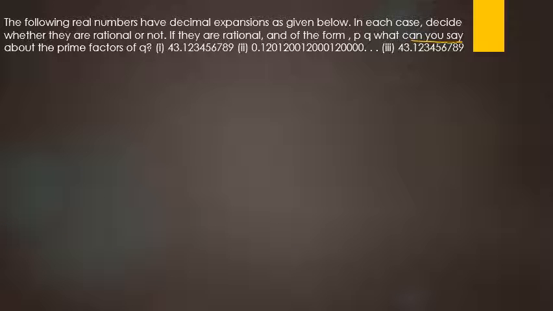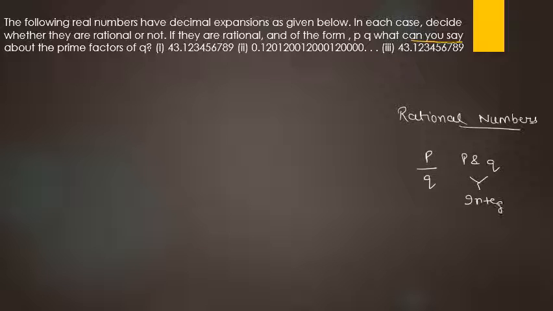So if I talk about rational numbers, then you need to keep this in mind that those numbers which are in the form of p by q, where p and q both are integers and they are co-prime numbers. What do you mean by co-prime? Which do not have anything common. The common factor in them